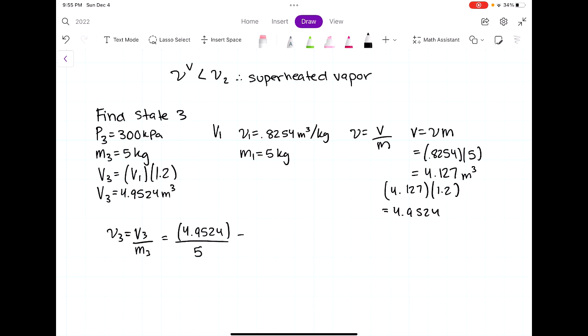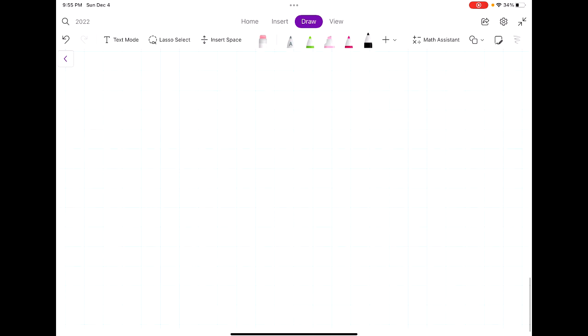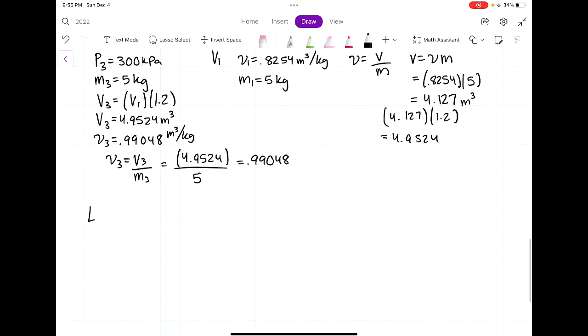And we get our specific volume at state 3, which is 0.99048 meters cubed per kilogram. And now that we have that, we can look it up in our tables, right? We are going to look up the pressure at 300 kilopascals